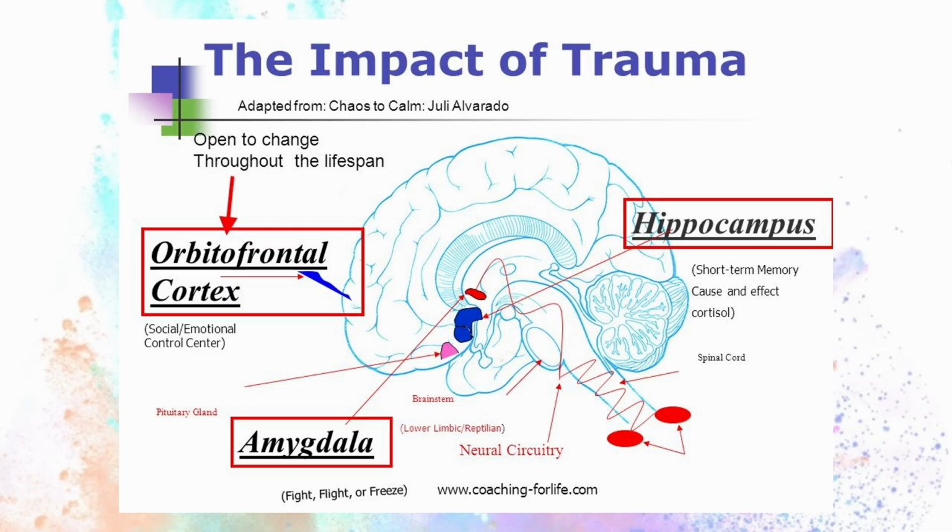Now the orbitofrontal cortex is a prefrontal cortex region in the frontal lobes of the brain, which is involved in the cognitive process of decision making. The prefrontal cortex is the newest part of the brain and is our social engagement system, which involves facial expression, eye contact, language and communication. It tends to like being in control and where most of the energy is drawn from in a life-threatening situation.